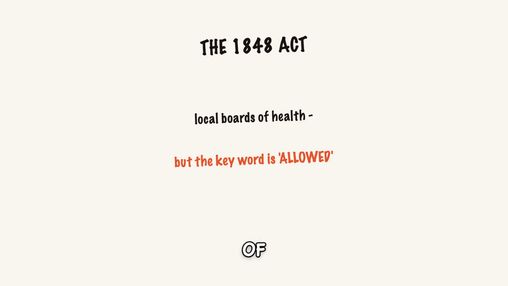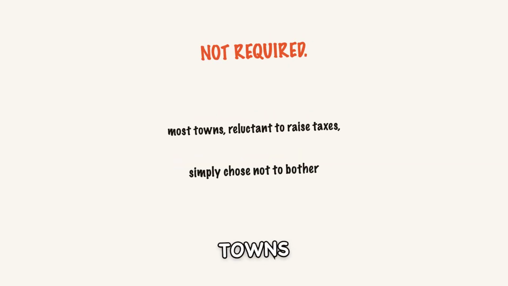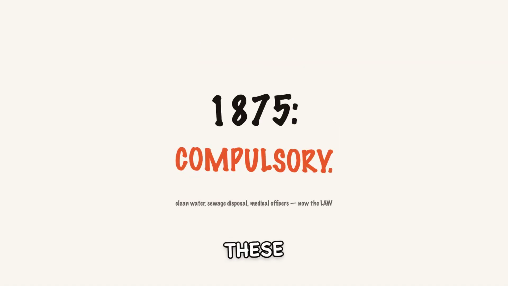The Public Health Act of 1848 allowed local authorities to set up local boards of health, appoint medical officers, and improve sewers and drainage. But mark that word carefully: allowed, not required. Many towns, reluctant to raise local taxes, simply chose not to bother, and the act had no real teeth to force them. Real, lasting change didn't arrive until 1875, when a second, far tougher Public Health Act made these measures